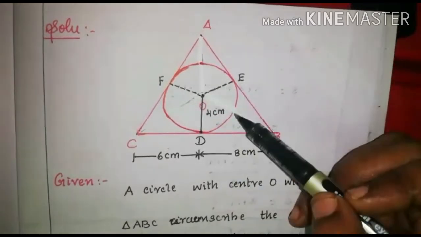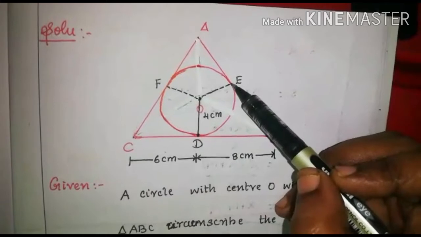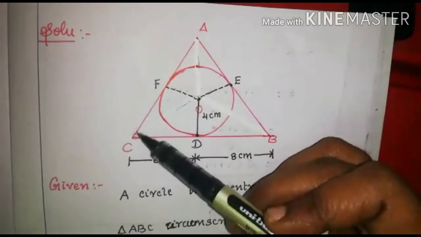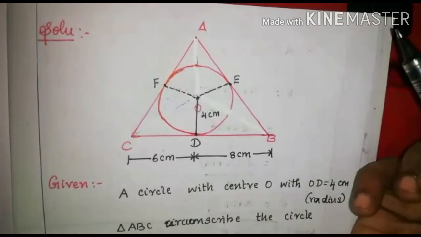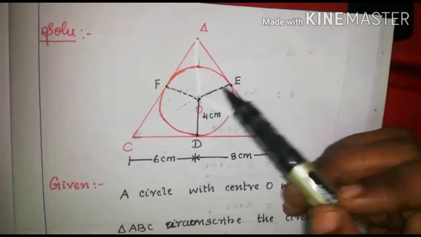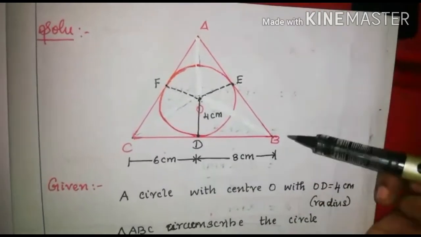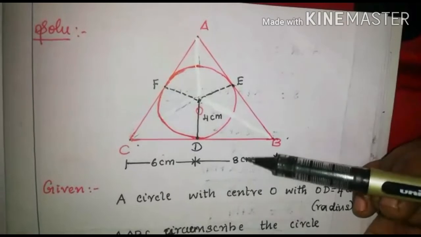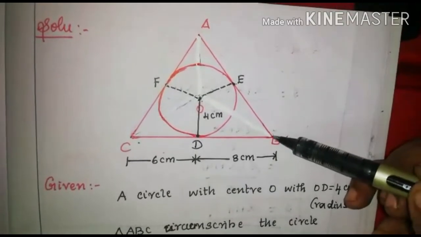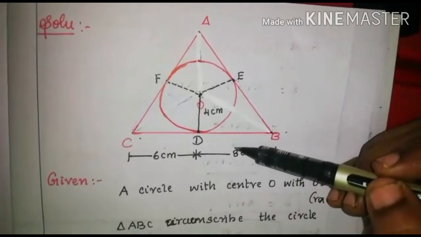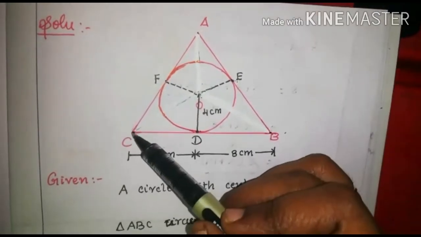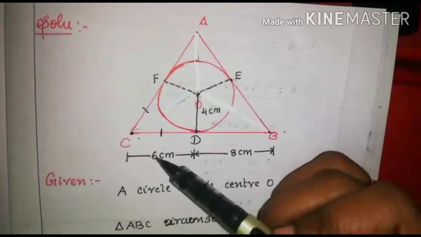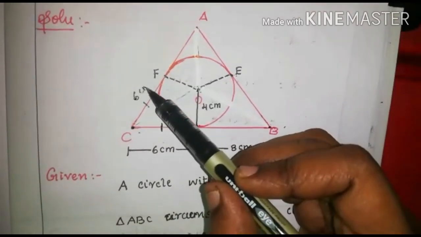Likewise, the circle has three points of contact. One is here along the side AB, a point of contact, let us name it E. Likewise, along the side AC we have a point of contact, let us name it F. Okay, let us join them with O, and you see A, B and C are the three external points to the circle. As I said, by the theorem the lengths of tangents from an external point to a circle are equal in length. So using that theorem, you know that C to D the measurement is 6, so since these two lengths are equal, we can say that it is also equal to 6 cm.